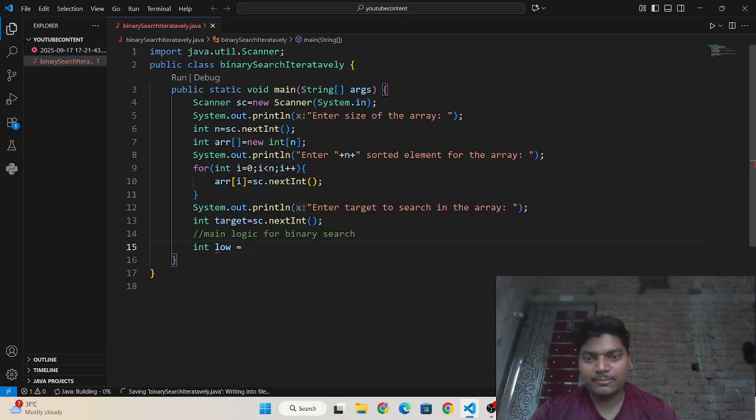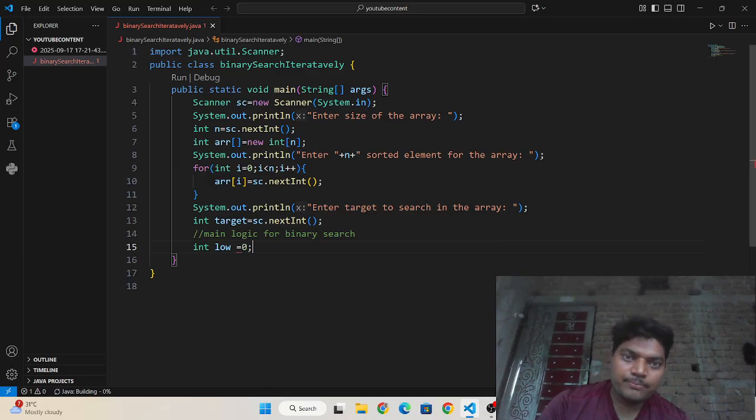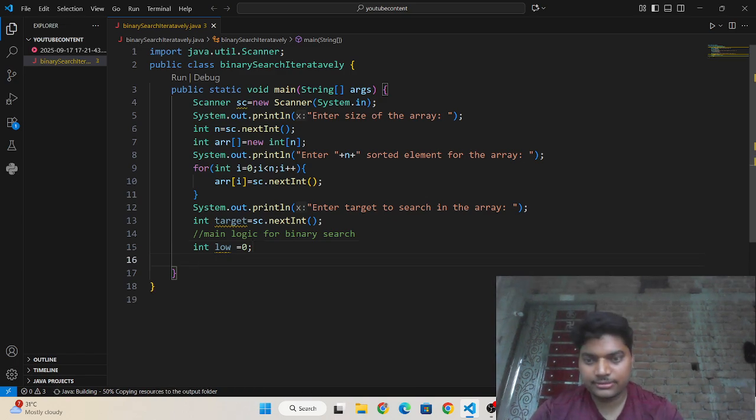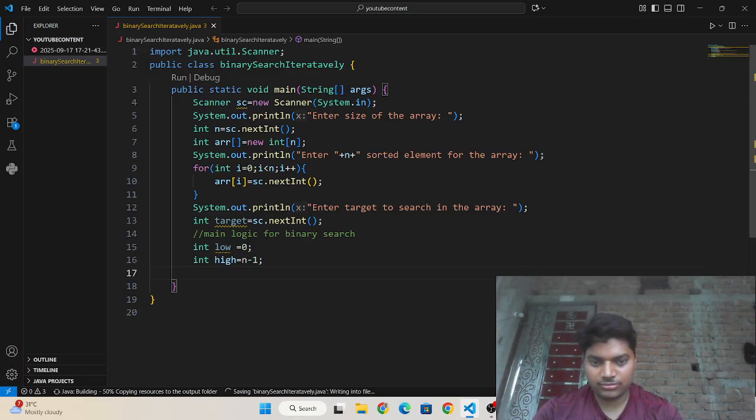I am initializing the first element in the array as low. And int high is equals to n minus 1. I already initialize that.